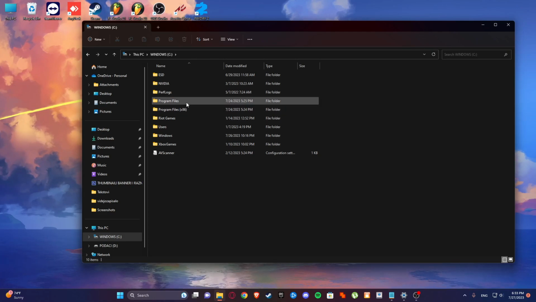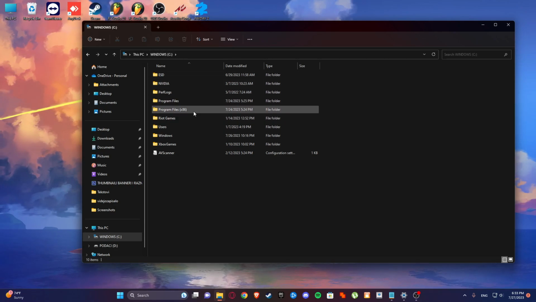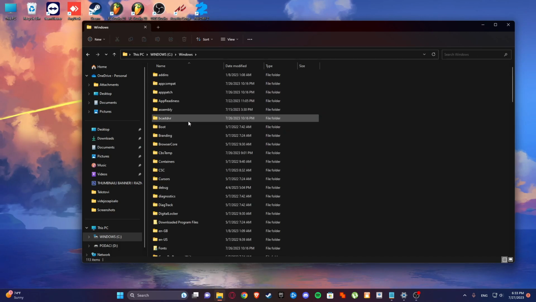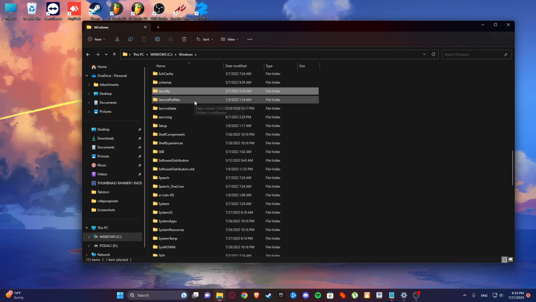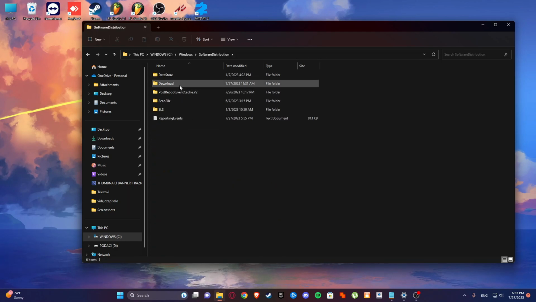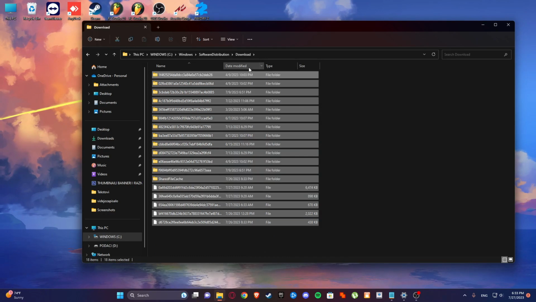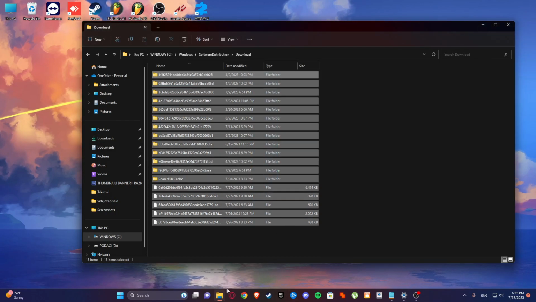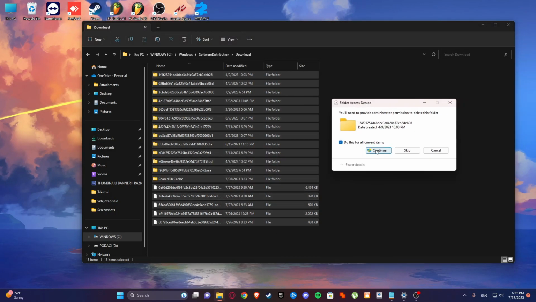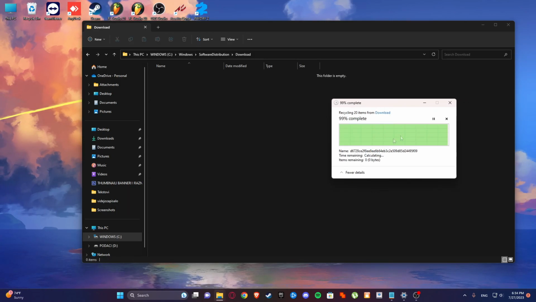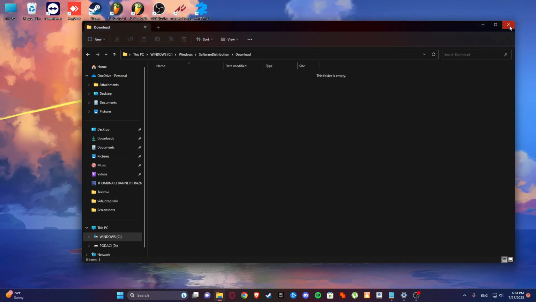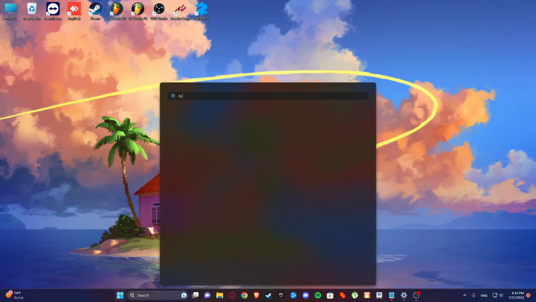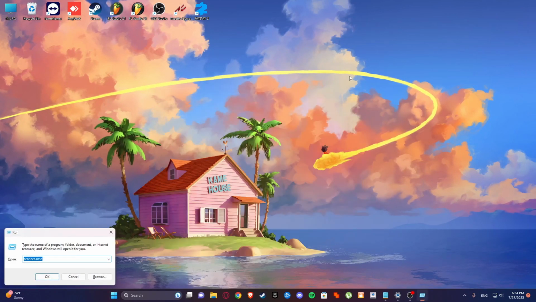So first go to This PC, Windows C, of course, and we are going to go to Windows. Now search for SoftwareDistribution, and from here we'll go to Download, and here just Ctrl+A and delete everything. So do this for all current items, yes, and we are not going to take much longer on this. So next thing that we are going to do is type Run and type